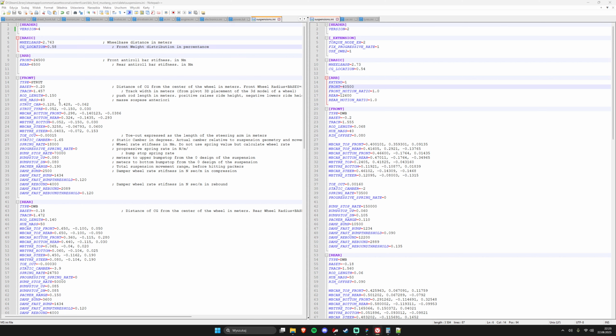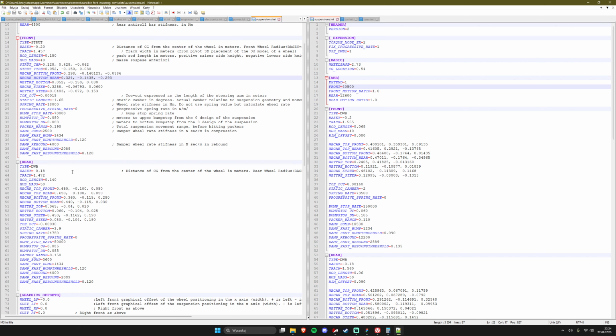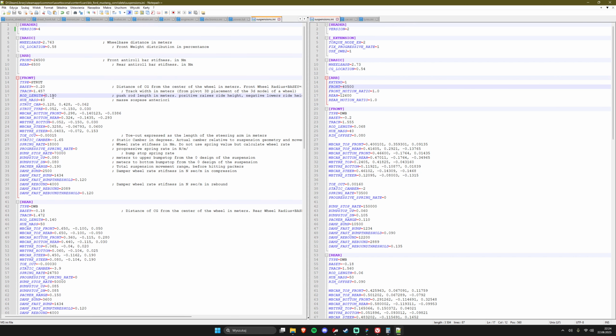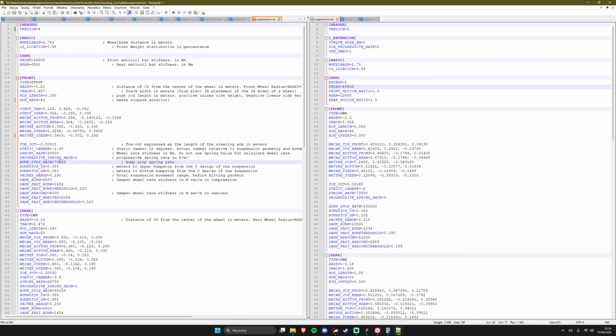For now we need to take care of the anti-roll bars and front and rear suspension. I won't do this right now because I didn't do research yet, but I will tell you how to work with that. Front and rear suspension are divided into, let's say, 4 different